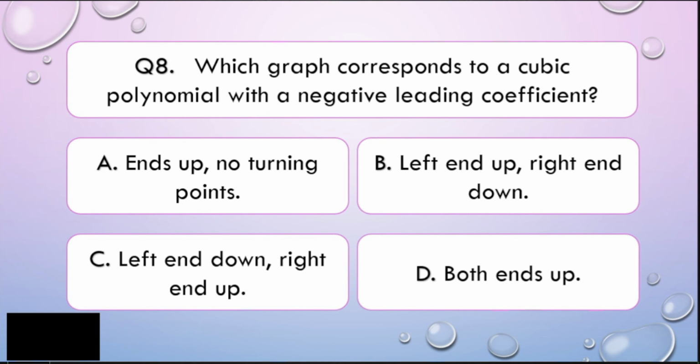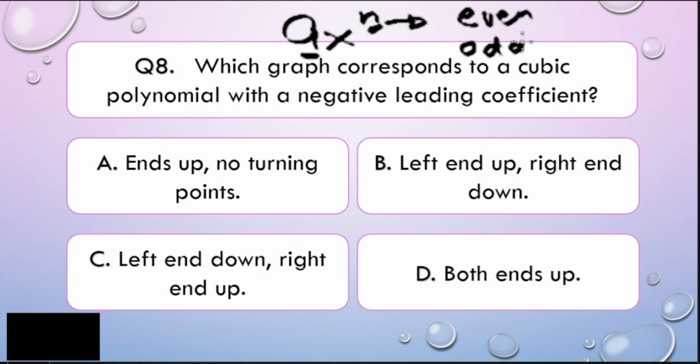Alright, math learners, if you remember the nature of polynomial functions, this is very okay. In polynomial functions, what you need to consider is this. Let me show this to you. The ax to the power of n, let's consider this the leading term. Your a here represents the leading coefficient, and your n represents your degree. Now, your degree is either even or odd; there are only two ways. Even are 2, 4, 6, 8, and 10, so x squared, x to the 4th. Odd are x, x cubed, x to the 5th power.